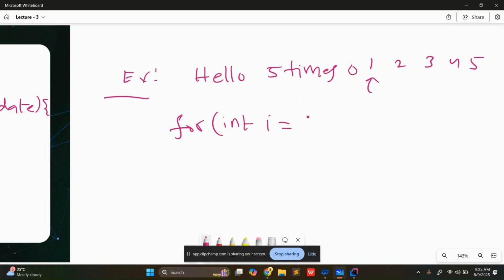Then I need to stop at the fourth one. I don't want to go for the fifth, right? Because one, two, three, four, five, you are getting five executions. So why am I taking int here? Because every time I'm just incrementing this variable by one, because this is an integer variable, right? I can't take it the other way with float and double values, because they are not giving the exact increment